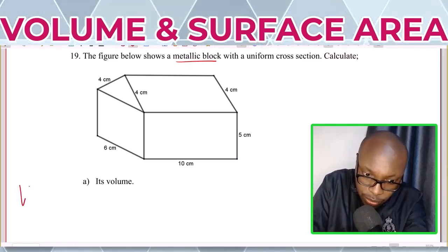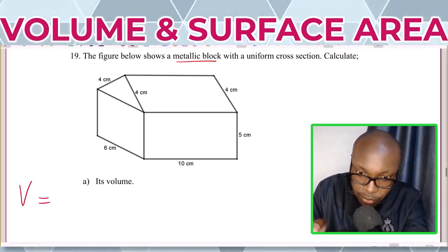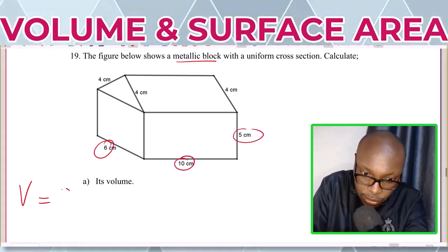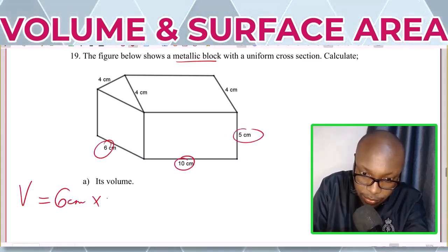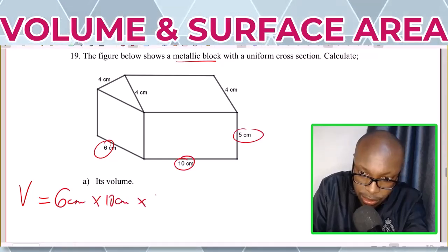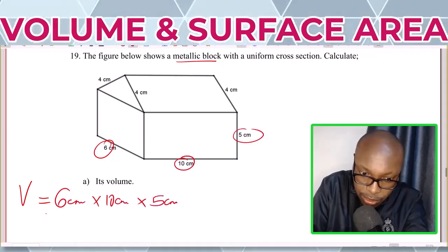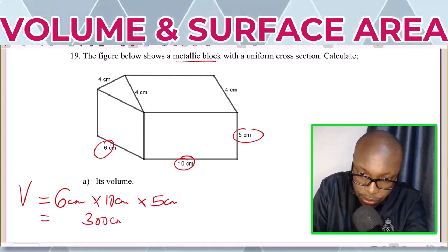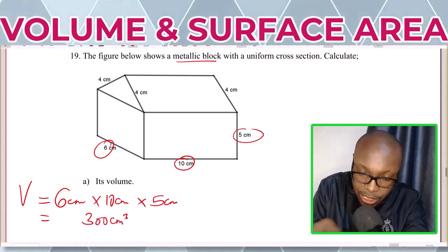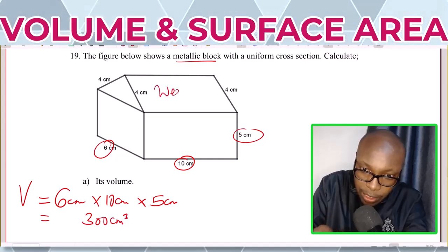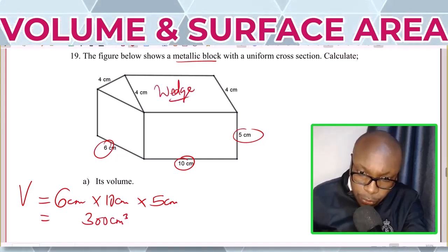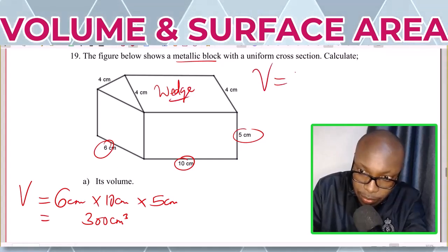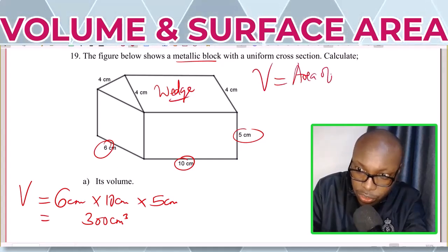The volume of the rectangular part is given by the length times the width times the height. So we shall have 6 centimeters by 10 centimeters by 5 centimeters, and this will give 300 centimeters cubed. That is the rectangular part. Then we have the top part, which is a wedge, and the volume of that wedge will be given by the area of the cross section